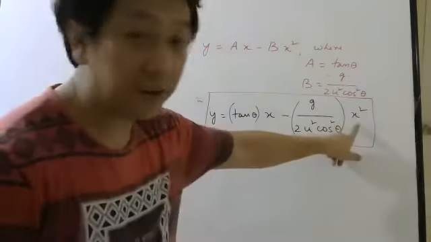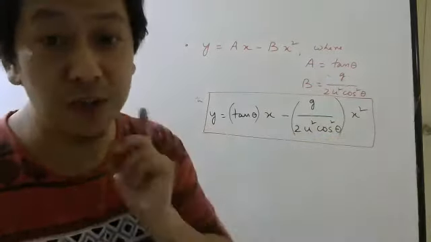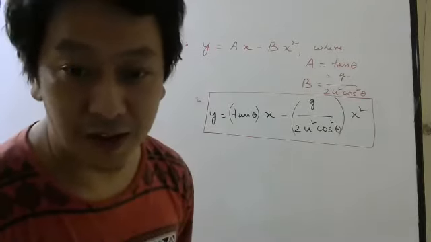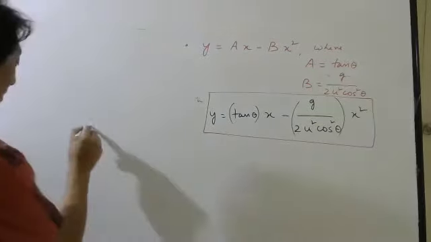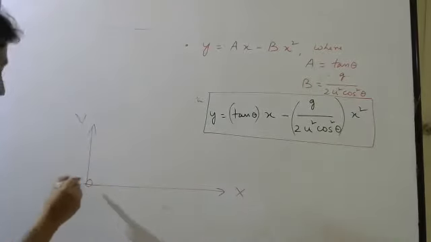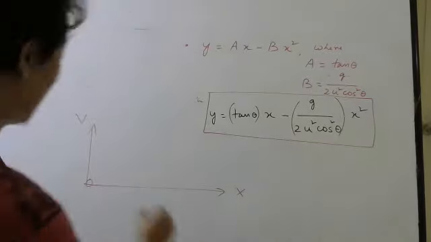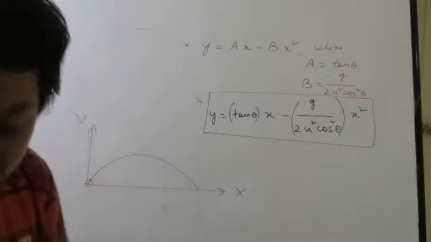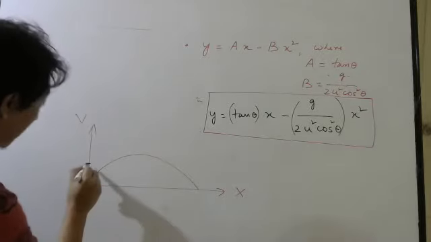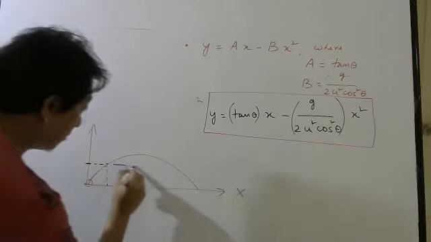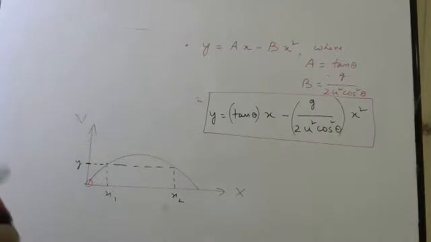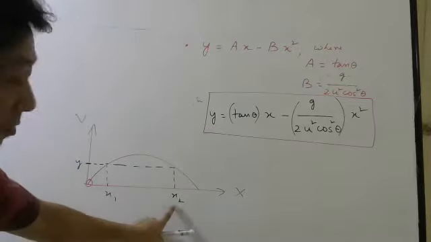Also, since it is quadratic in x, how many values of x will be there for one y? Two values of x will be there for one y. Check our path once. If you take a football and I give a kick to the football, it will go this path. Now check: for one value of y, there are two values of x. Yes or no? Agree or not?